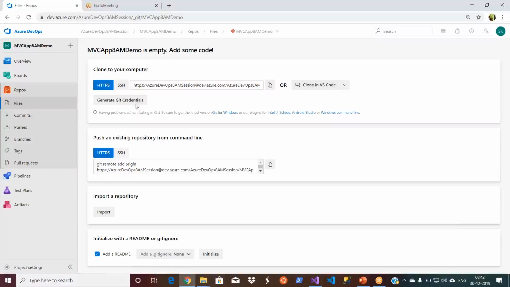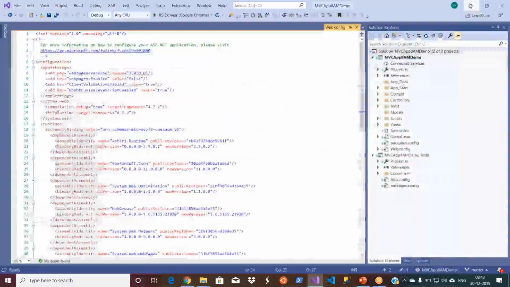Let's go here and go to files. See, there is nothing here in my files. Just let me drag it down. Okay, there is nothing, right? Still I am seeing the same home page, which means the code is not committed. Even in the commit section, you see there is nothing. Everywhere you are seeing the same home page. That means my code is still not on the server. Okay, now let's minimize it.